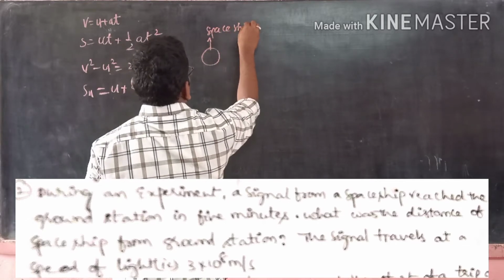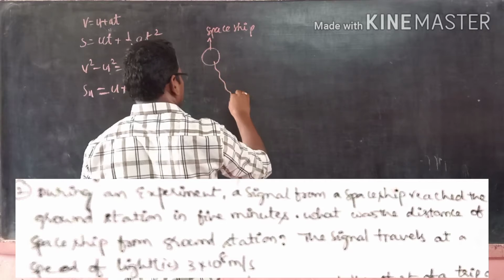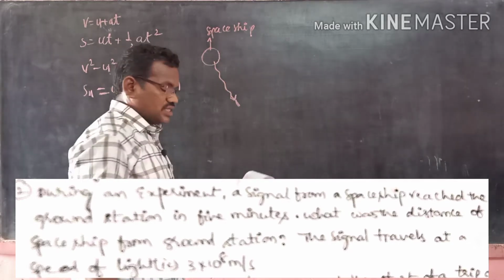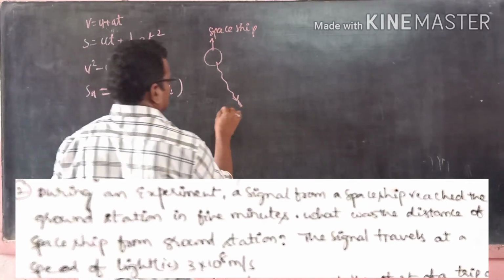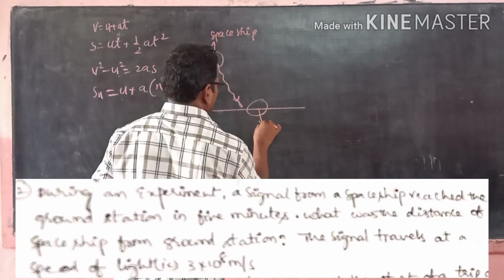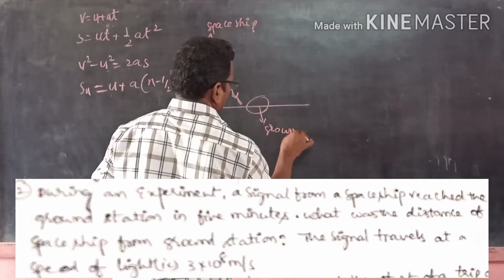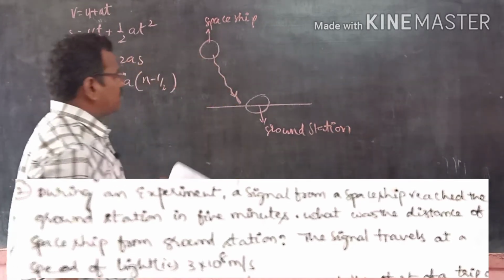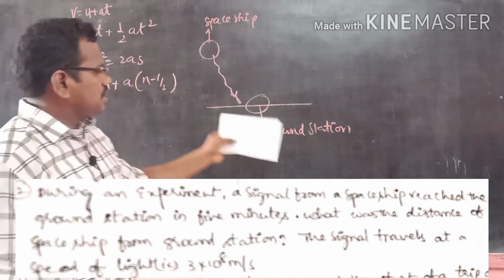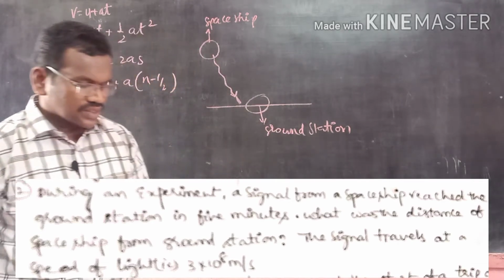From this, a signal is released. Generally, it is a sound signal. And it reached the ground station. Means, a signal has traveled between the spaceship and the ground station